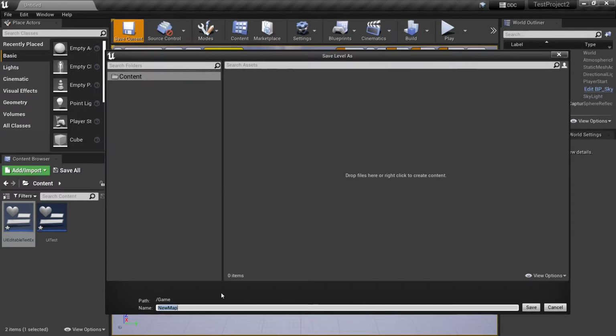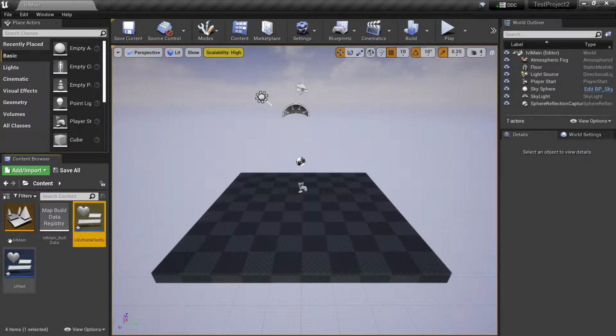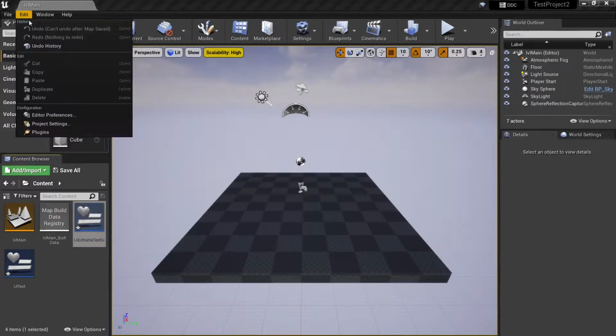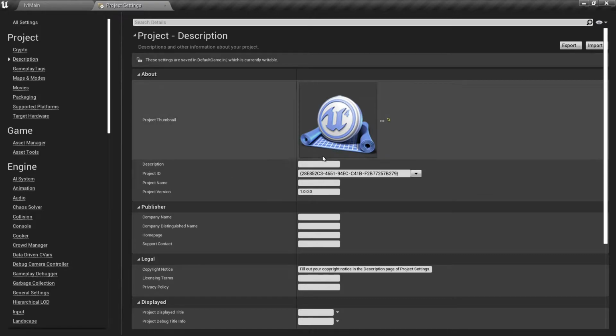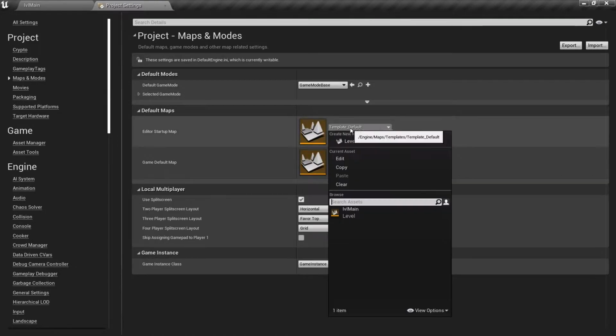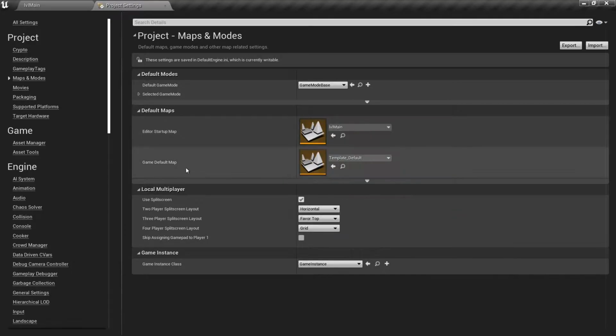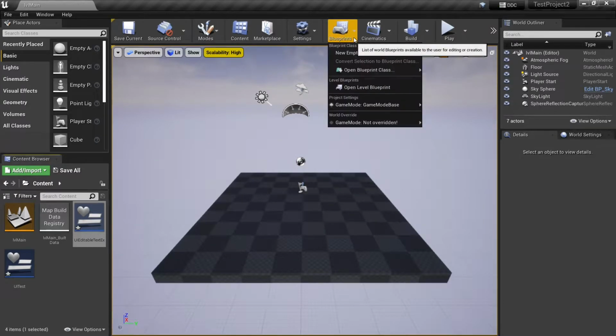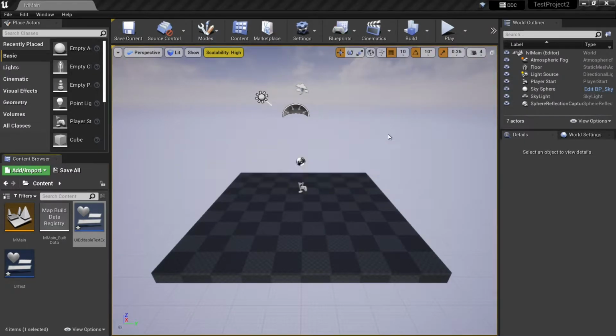So if you hit save, you're going to have to create a new level. So I usually call it LVL main. So LVL main, and then that's there. Save. And what you want to do is go to your project settings to make sure the level LVL main is the one that opens. You don't have to do this if you're just implementing it in another project, but just to show you how it works. Maps and modes, and then default maps, editor startup map LVL main, and game default map LVL main, and that's all you need to do there. Go into open level blueprint,